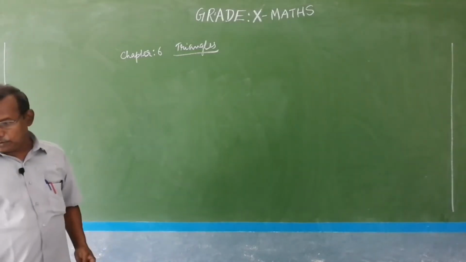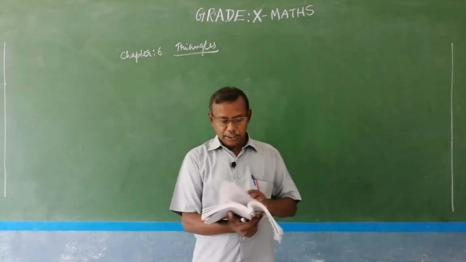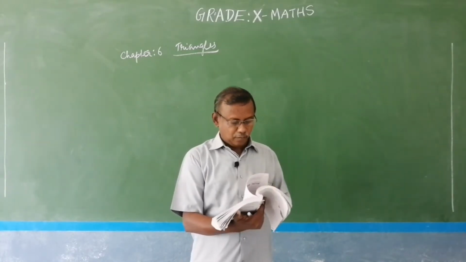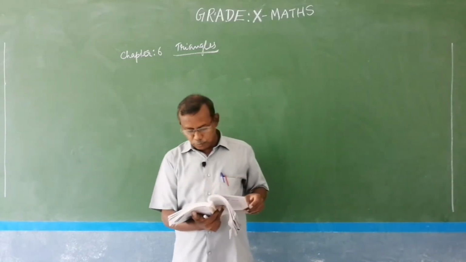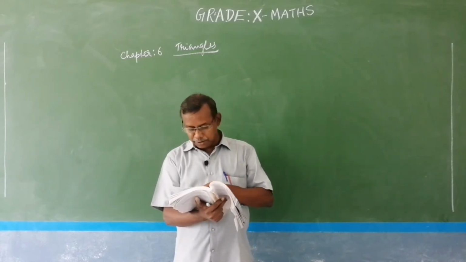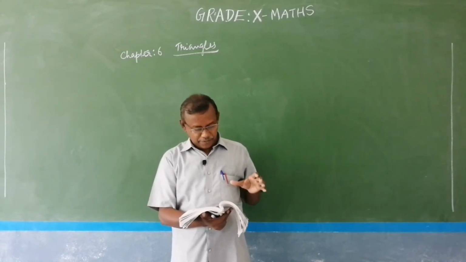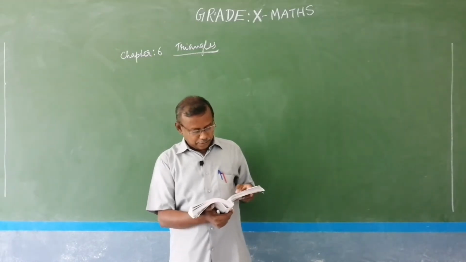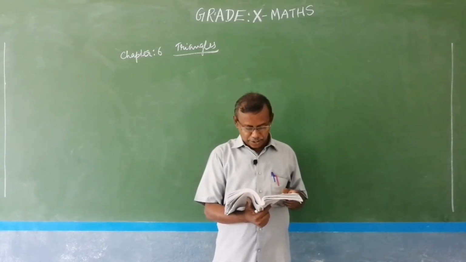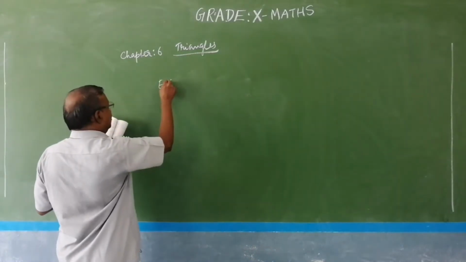So let us go to the subject now. Please take your mathematics book, where they have given the same thing I have told you here, and go to page number 120. They have given you some introduction as well as activities. So let us straight away go to exercise 6.1. These are very basic problems that you have already known, or just based on my introduction you can answer these questions easily. So exercise 6.1.